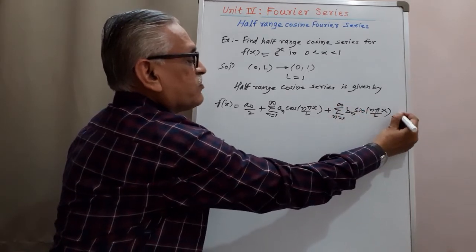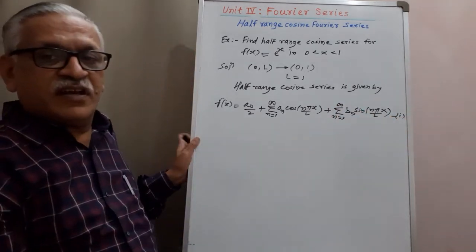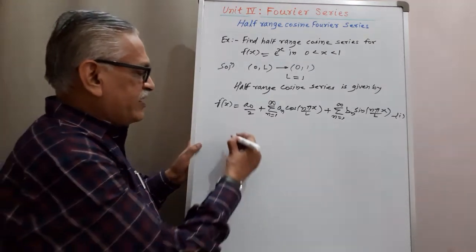We call this equation 1, the Fourier series formula,